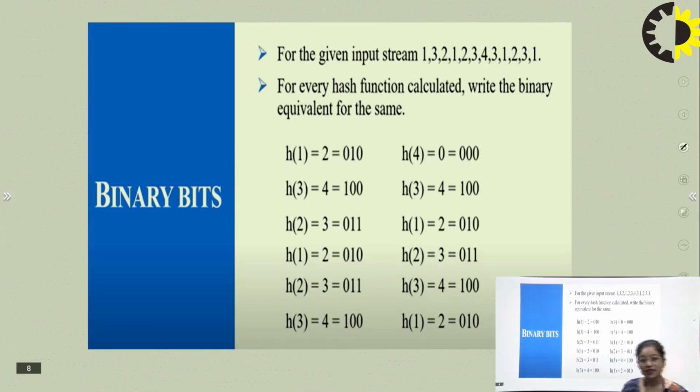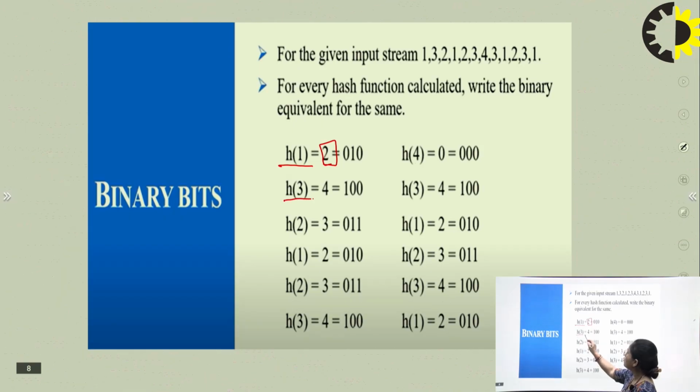Now the next step: first we apply the hash function, and then we convert it into a binary number. What I have done here is convert it into binary. When I applied the hash function on the element with value 1, I got 2. I convert 2 into a binary number, so it will be 0, 1, 0.